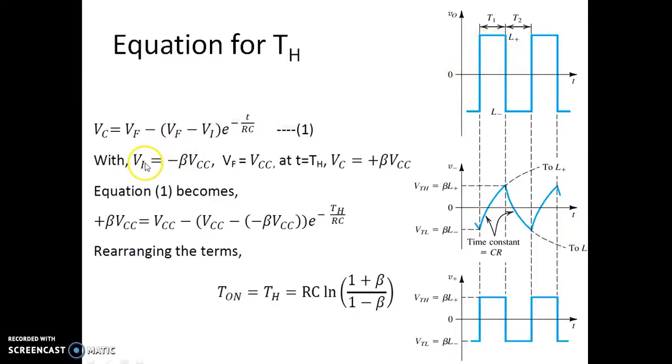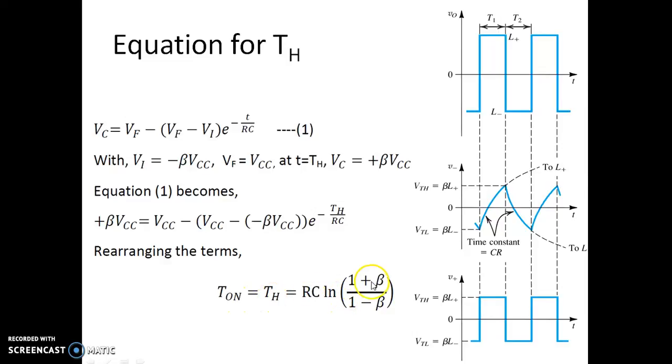The initial voltage during TH, at t equal to 0, is minus beta VCC. Finally, it is allowed to go up to VCC, but at t equal to TH, the capacitor voltage is plus beta VCC. Substituting these in this equation and rearranging, we get